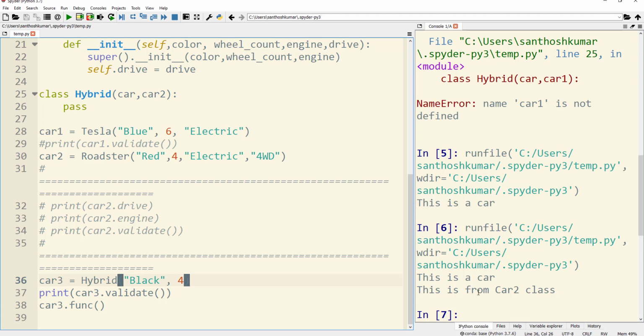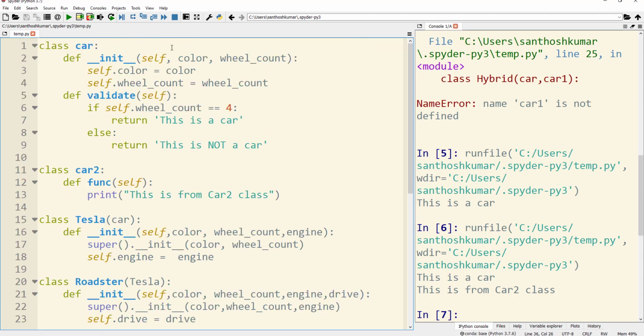So here the car3 object is instantiated from hybrid, and hybrid has two parent classes, one is car and the other is car2. Using the car3 object of the hybrid class, I can access the attributes of both car and car2. This is called multiple inheritance.